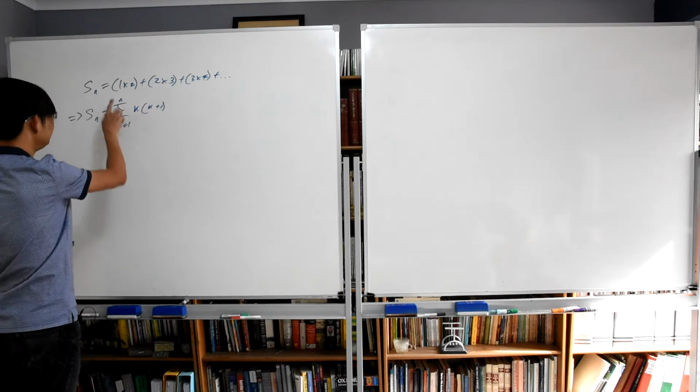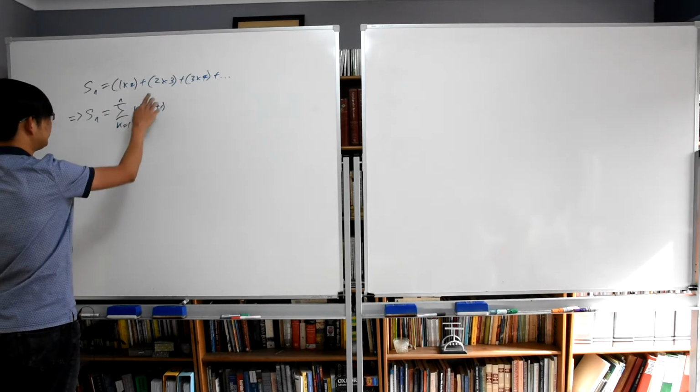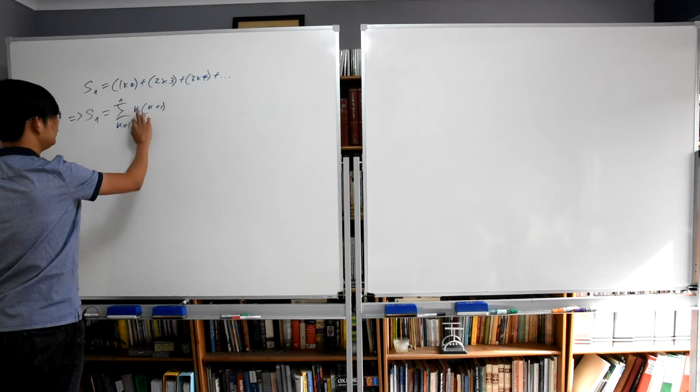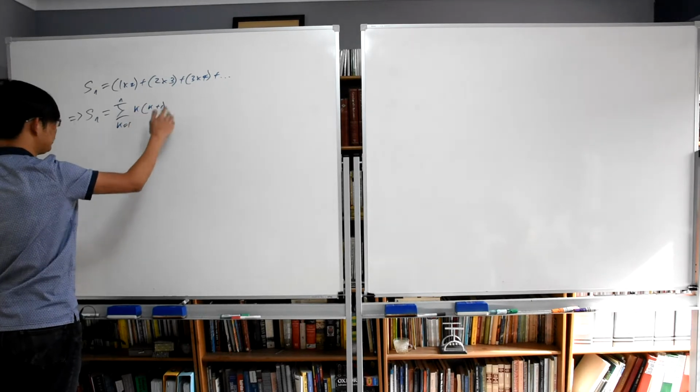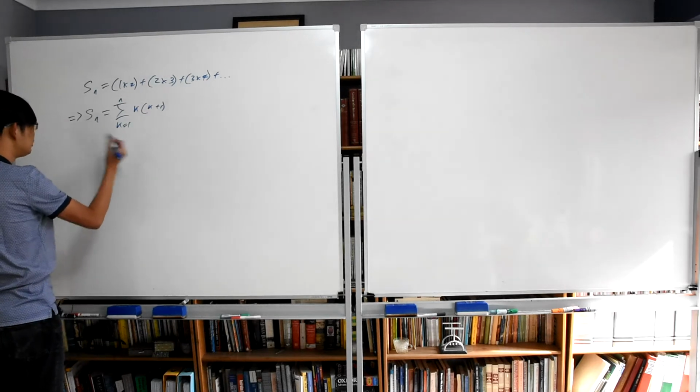When k equals 1, we're going to get 1 times 2. When k equals 2, we're going to get 2 times 3. When k equals 3, we're going to get 3 times 4 and so on. Because we know that the summation operator is distributive,